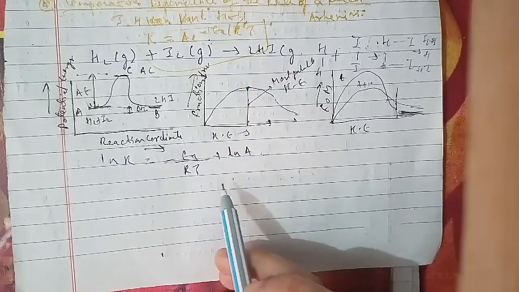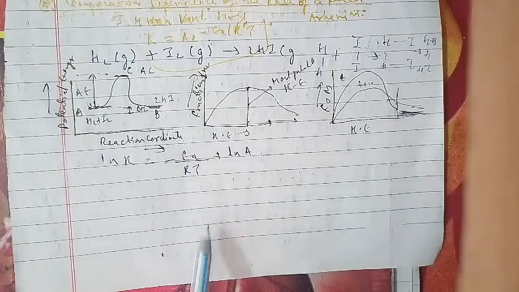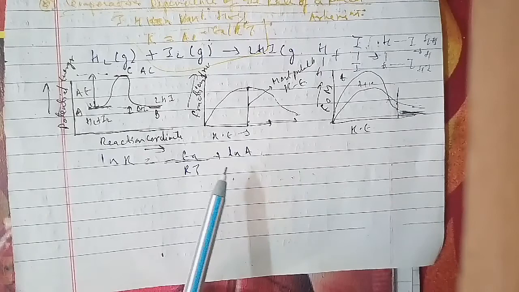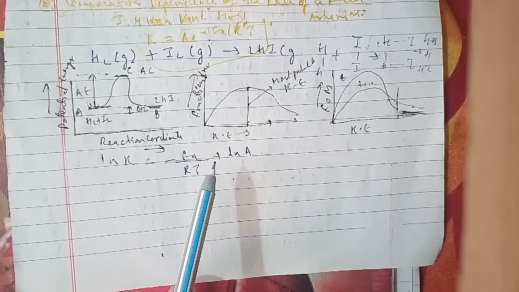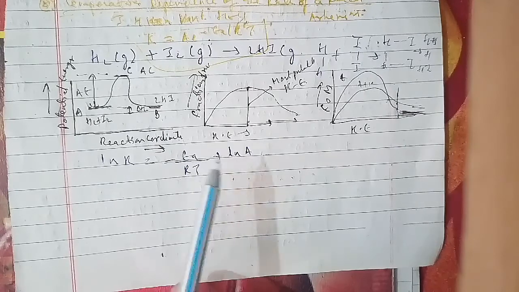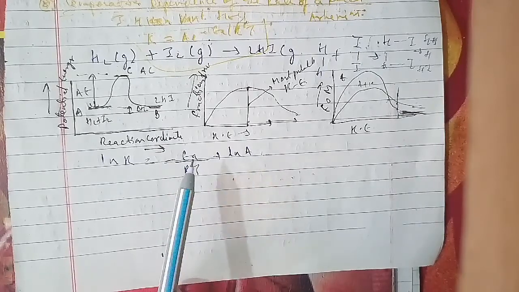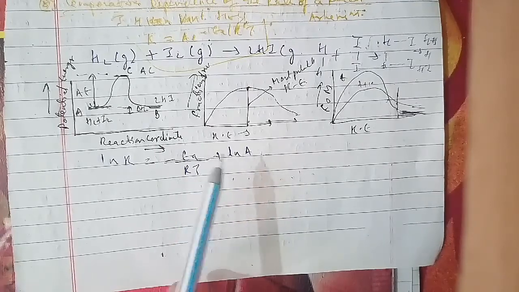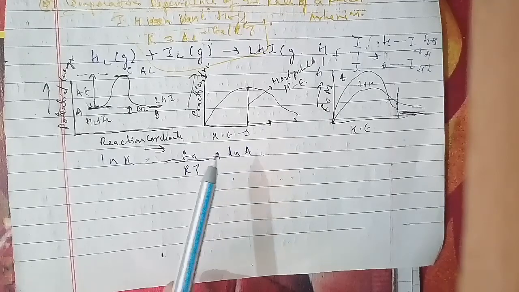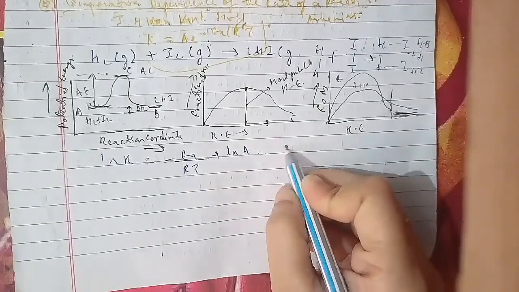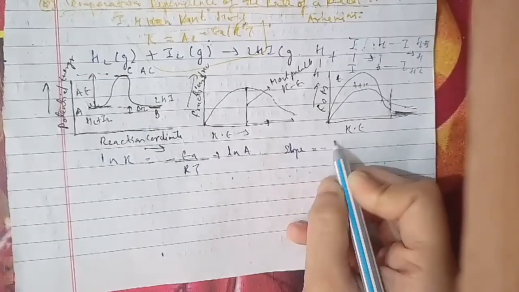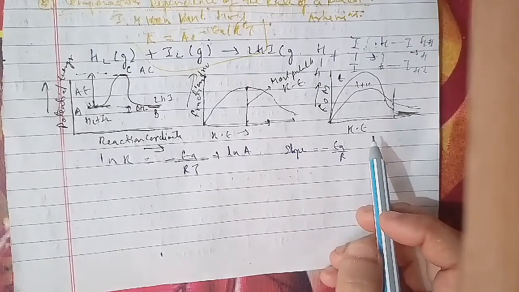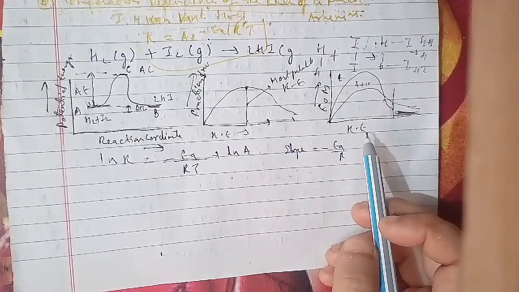So here in the same case, the plot of ln k versus 1 upon T gives us a straight line according to the equation that we have. It may be found from the Arrhenius equation that increasing the temperature or decreasing the activation energy will result in an increase in the rate of the reaction and an exponential increase in the rate constant as well, where slope equals minus EA upon R, and the intercept is ln A. So we can calculate EA and A using these values.